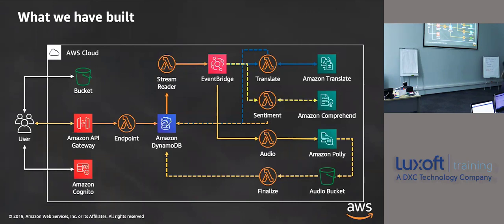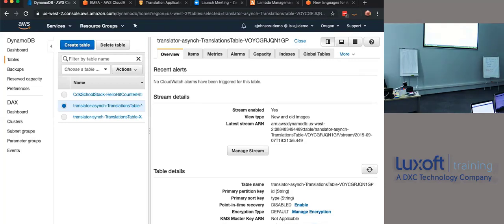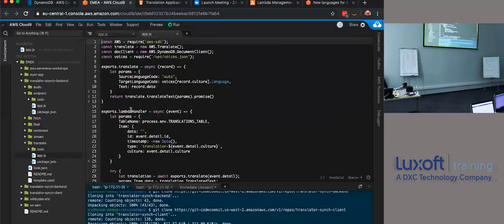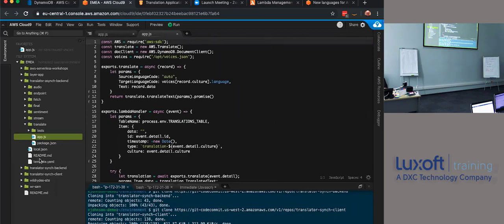I said I would show you the rules. Let me show you that. So the idea of the rules, and mine are very, very simple, actually. I'm going to show you actually in the SAM template on how that works. Okay, so where am I? Translate AC back in. Okay, in the template,